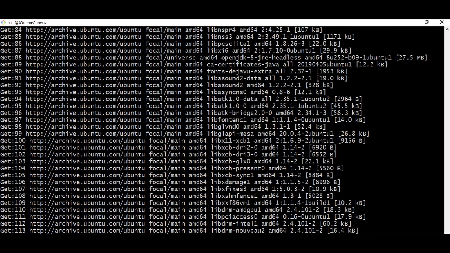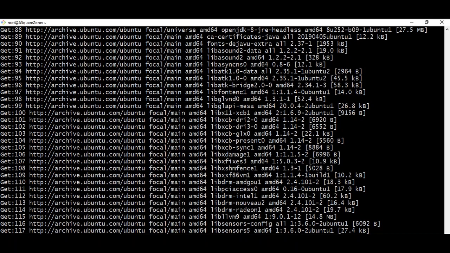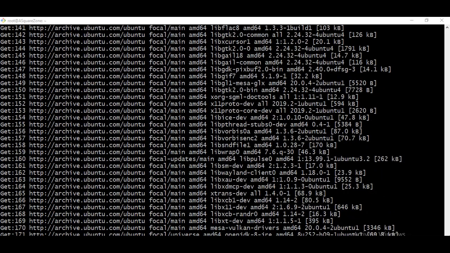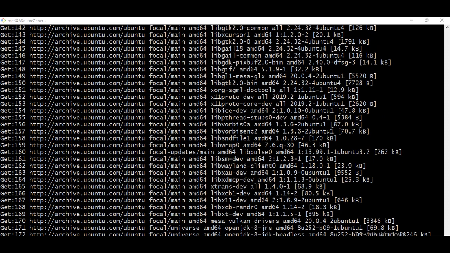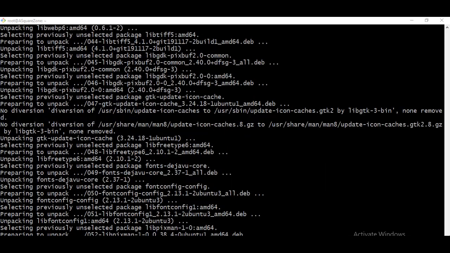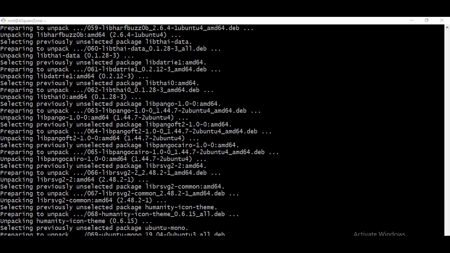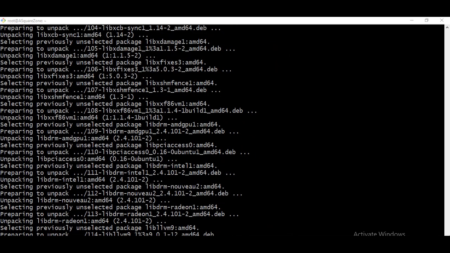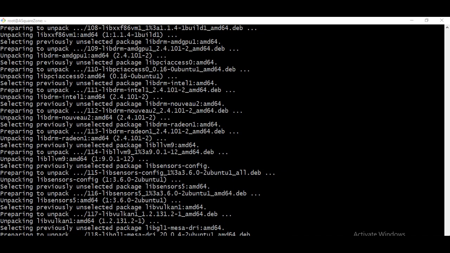Later it is going to download the tar file here. Here we can see Ubuntu images are being pulled from Docker Hub, and JDK is installing on the Ubuntu server here, and Tomcat is also getting downloaded from the internet.